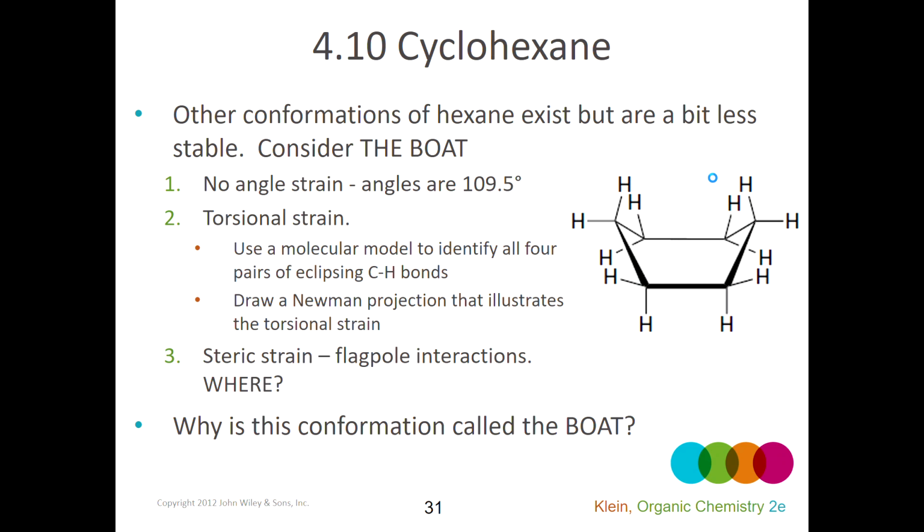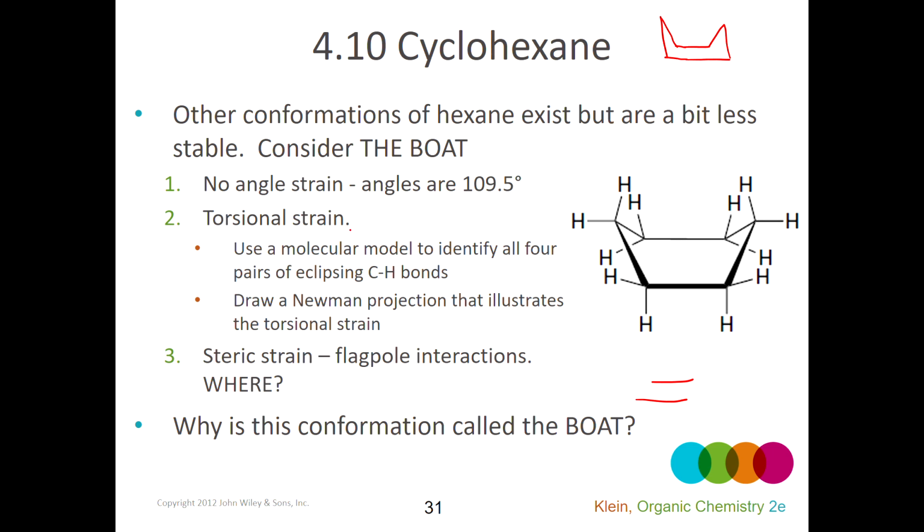Alternatively, you can make the 6-membered ring into a boat. So we said in the chair, actually, let me draw that here. In the chair, you've got the head of the chair, and then you've got the feet of the chair. Well, if instead of putting the feet down, if you make another head, then that kind of looks like a boat a little bit. The boat is not very stable because the boat has something called flagpole interactions, and it